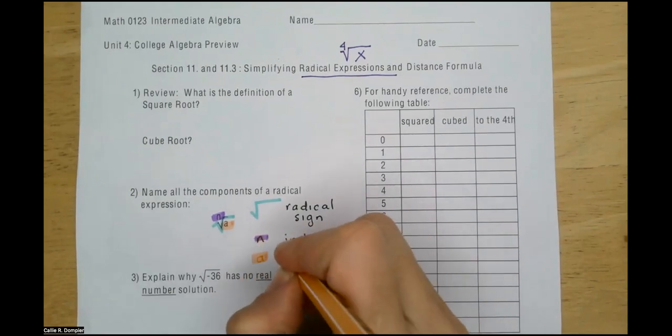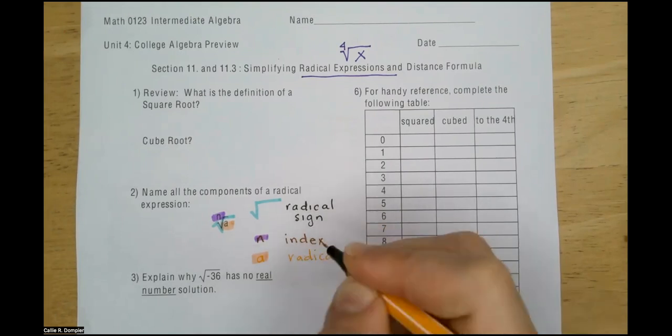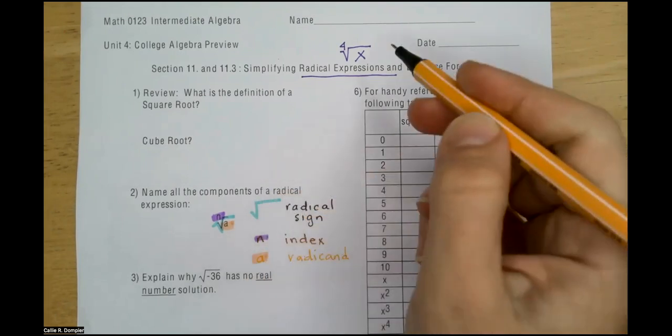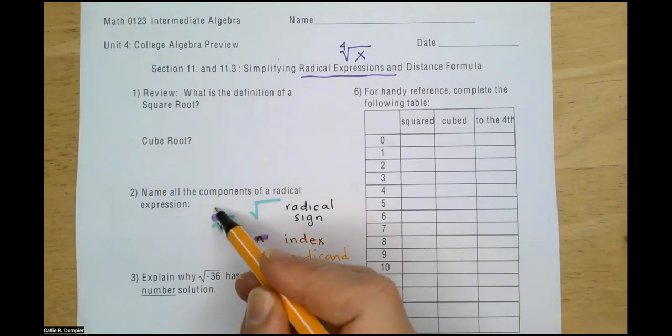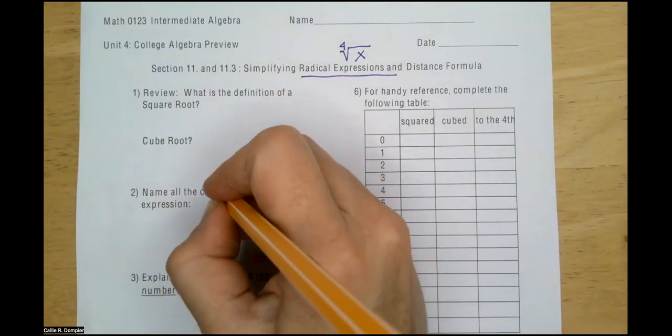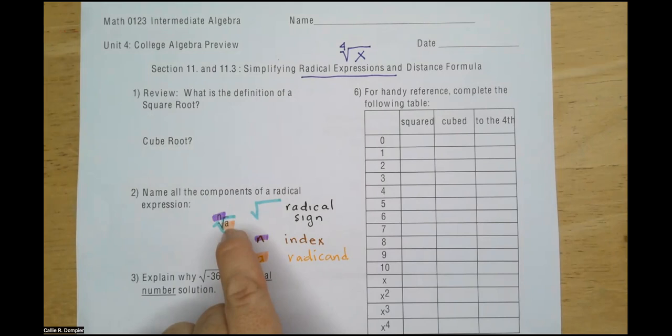And that would be the radicand. So radical sign, radical expression, radicand underneath it. And then the top is the index. Index, radicand, radical sign. Good. So a square root is when you multiply a number by itself